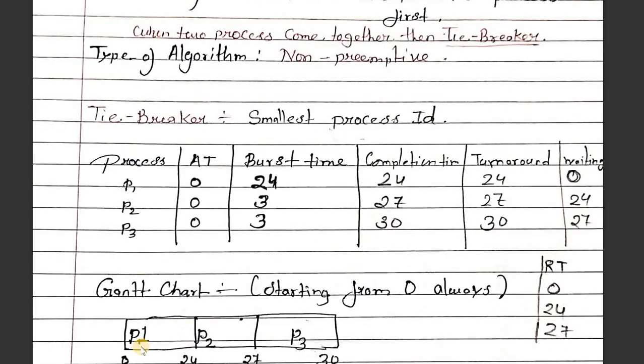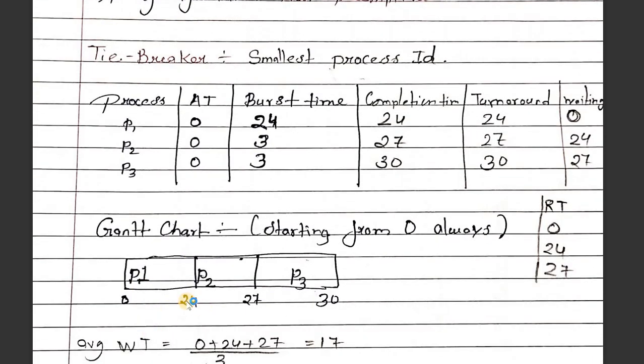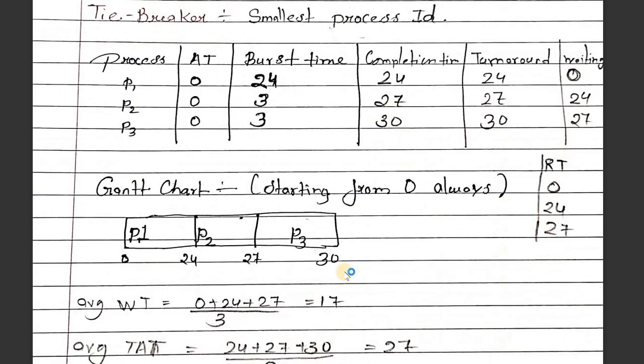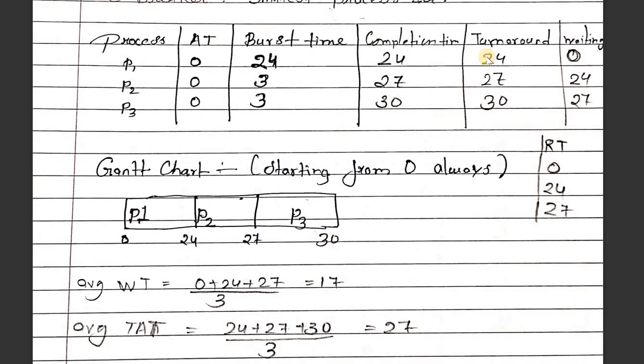Here is the completion time. First, from 0 to 24, process P1 will complete its execution, and then from 24 to 27 there are 3 units of burst time for P2, and from 27 to 30 process P3, with a burst time of 3 units, will complete the execution. Then the turnaround time,